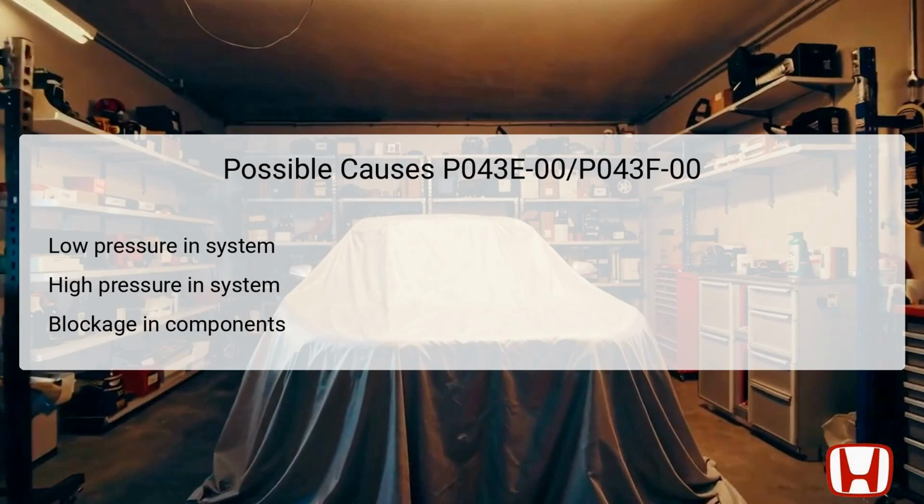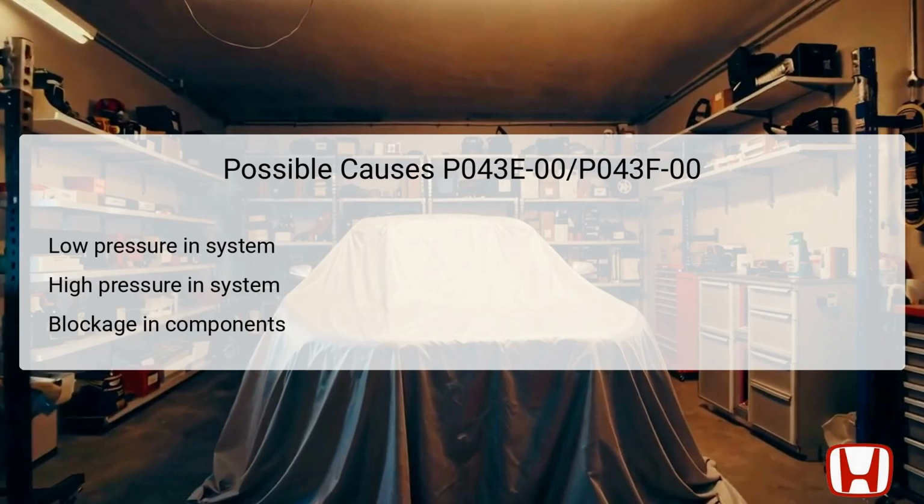There are several potential causes for the DTC codes P043E-00 and P043F-00. A low-pressure reading may indicate leaks or blockages in the EVAP system that prevent proper airflow. Conversely, a high-pressure reading could suggest that the system is not venting properly, possibly due to malfunctioning valves or obstructions